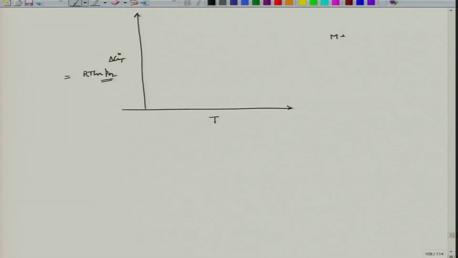Now, for example, if I consider M plus O2 equal to MO2, that is very straightforward, del G 0 would be equal to RT ln PO2. Now, if it is M plus O2 equal to 2 MO, then we will consider it like this. So, then also it will become